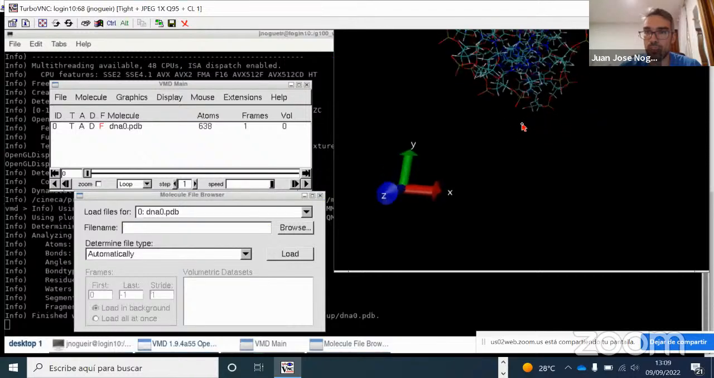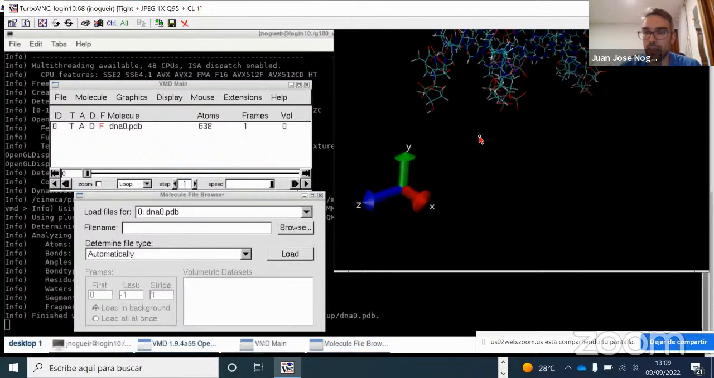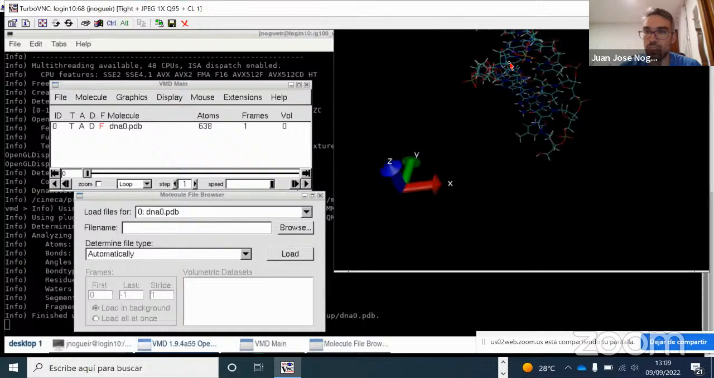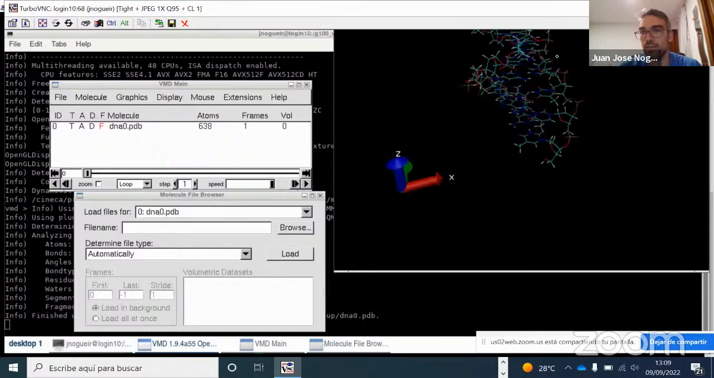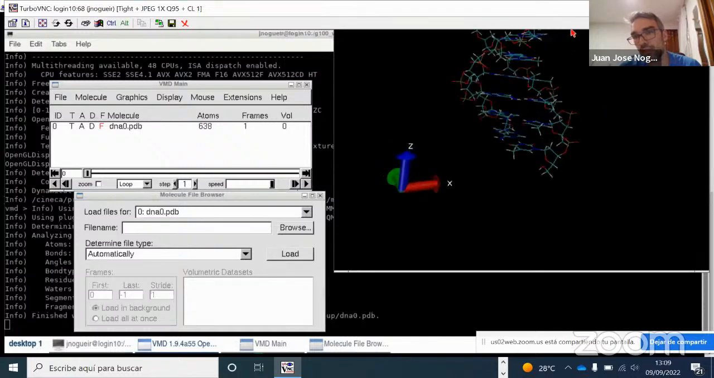If you want to rotate the system, you can just click on the left button of the mouse and then move the mouse. As you can see here, the screen is a bit cut. This is, I think, a problem with Cineca. So let's translate the molecule. To translate the molecule,